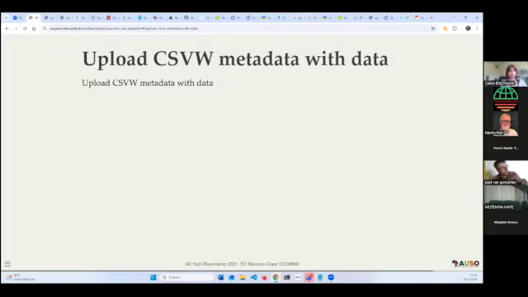And typically you upload this CSVW data with the data set. So it's just a sidecar file with every data set that you upload to a repository to enrich it. So that's one of the approaches that is available to annotate your tabular data to make it more interoperable.